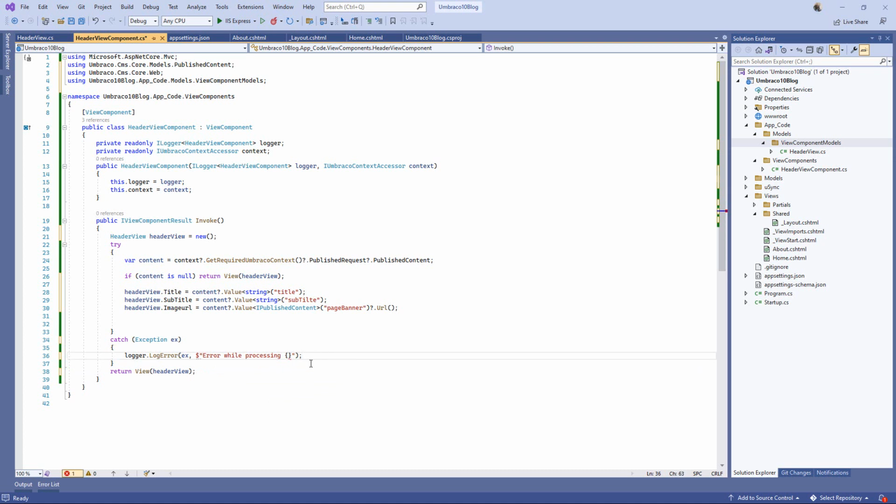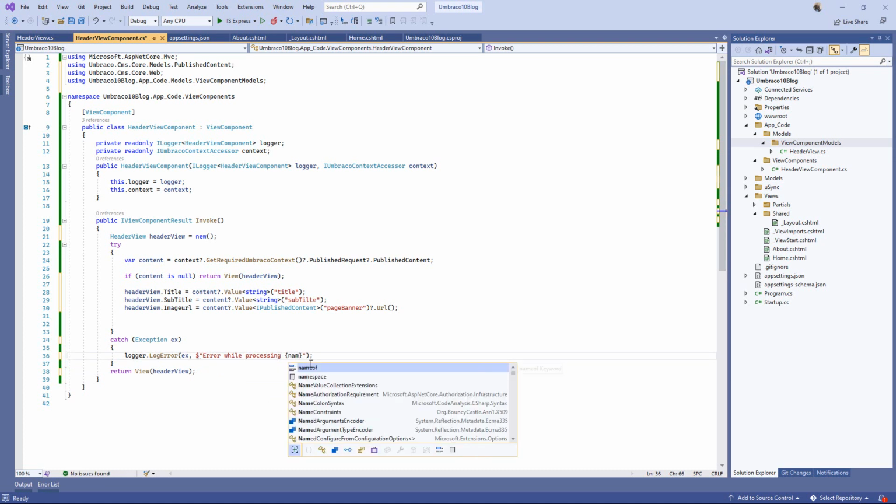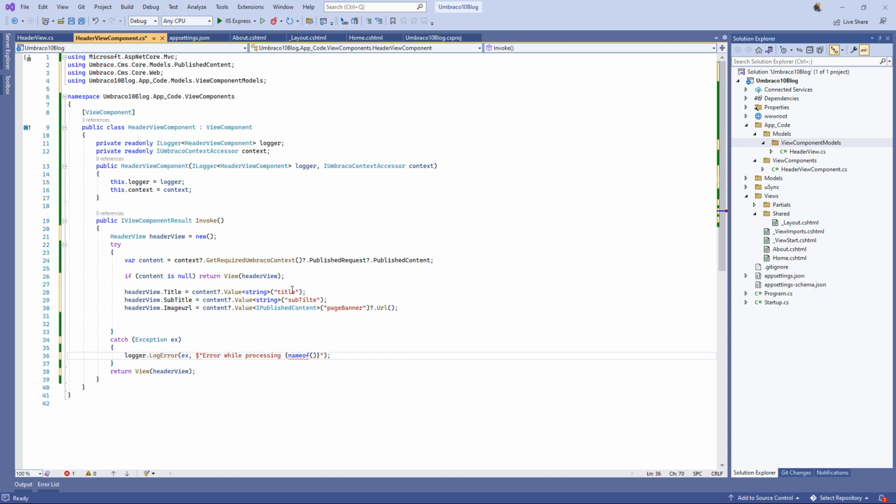We are processing the name of our view, header component, the header in that one. I think that's it. You don't need more than this, to be honest with you. That's it for the backend to pull data from Umbraco